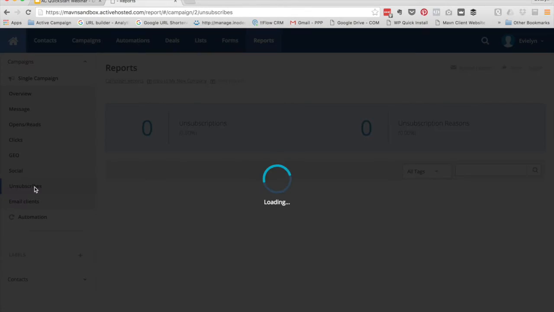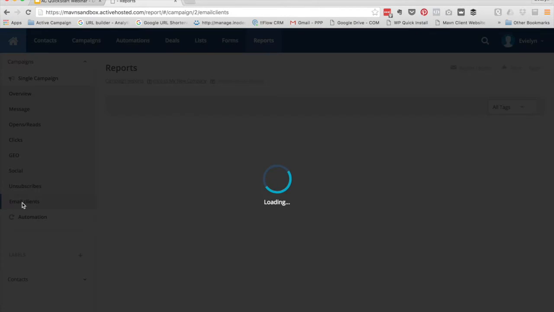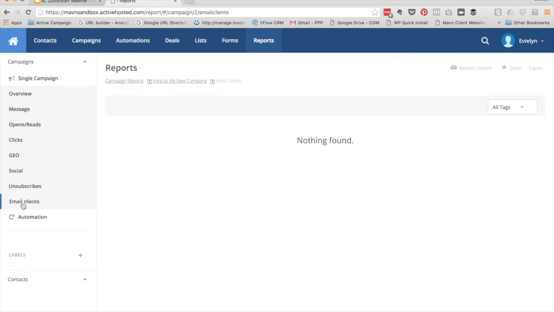You can see who's unsubscribed to your list, and also the email clients. So here it'll list Gmail, Outlook, whatever other clients that people are using,